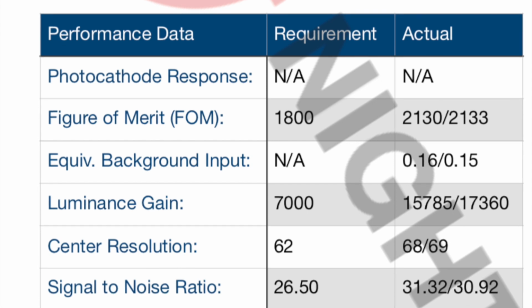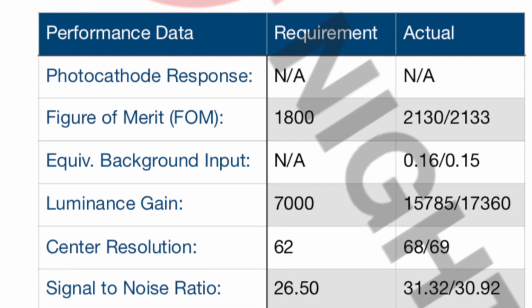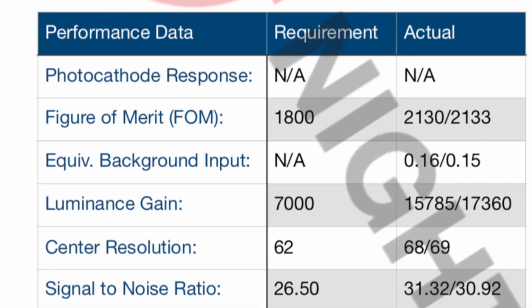Below that is going to be background input. So I think that's how bright the background is compared to the output. Luminance gain is going to be how bright the tubes are, or how amplified the light is coming out of the tubes. So we can see that the requirement is 7,000 and the performance of the tube is actually 15,000